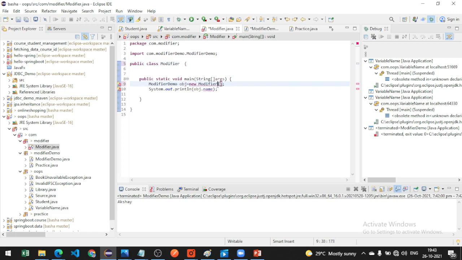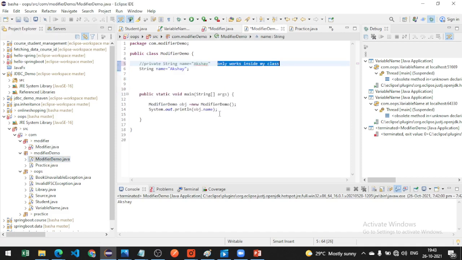See what happened. I want the output of my modifier demo, and it says it is not visible, because it only works inside that package, not in another package.